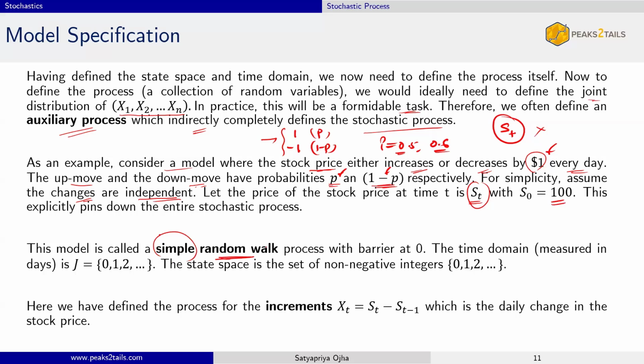Simple random walk. And this walk idea, we will discuss next. What is this walk actually? I have created everything, the animation, in Excel. So I'll walk you through that. The whole thing will be very clear to you. This model is called a simple random walk process. And to make things interesting, there is a barrier at zero. The stock price follows a simple random walk process, but there is a barrier at zero because the stock price cannot become negative.